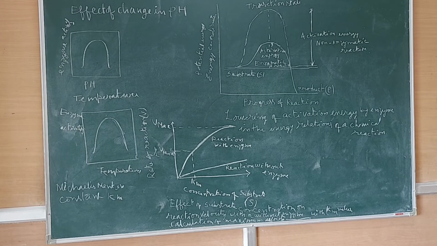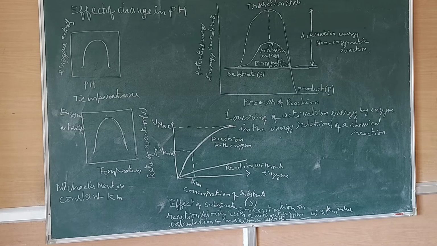Every enzyme has an optimum pH when it is most effective. A rise or fall in pH reduces enzyme activity by changing the degree of ionization of its side chains. A change in pH may also start the reverse reaction. And then, for example, a particular enzyme works best at a particular temperature.